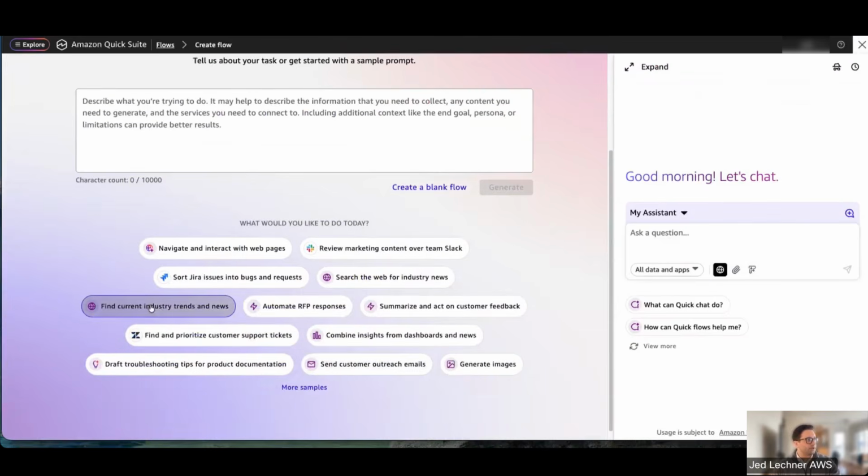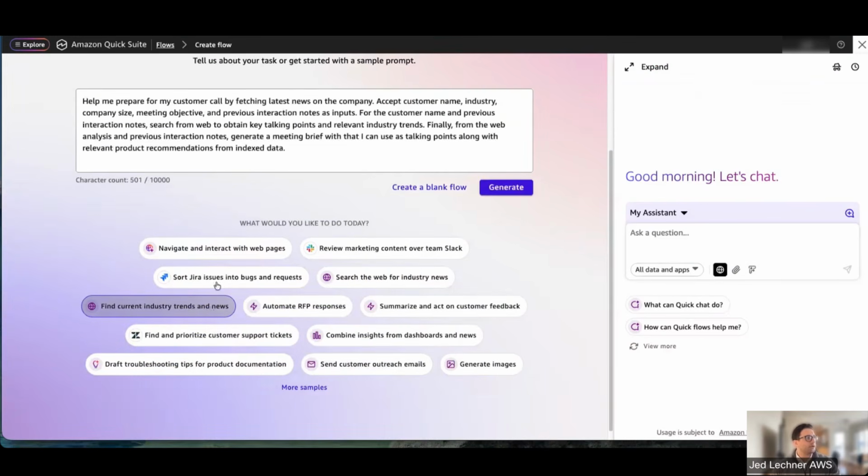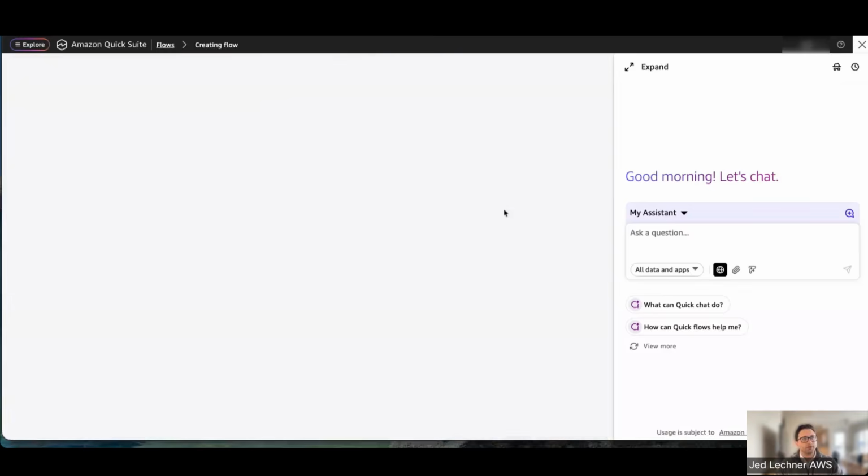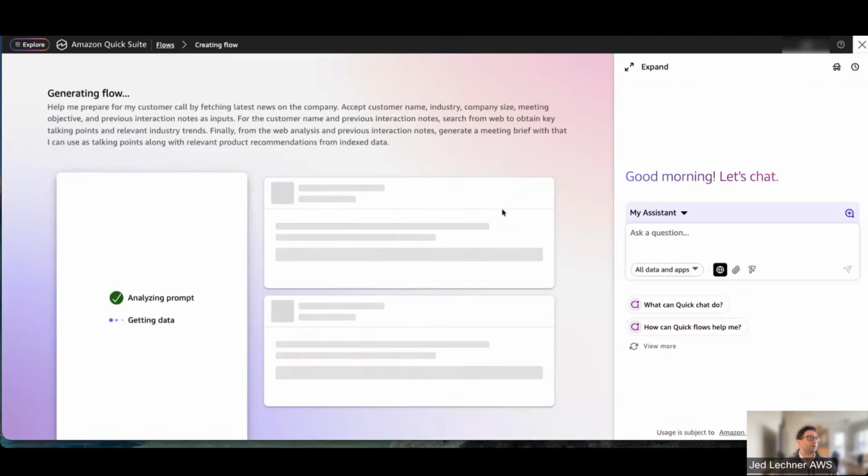So let's just select one of these: find industry trends and news. It'll derive this prompt for you, and it'll actually generate the flow for you. So it'll take your prompt. You have your intent, and you have some things that you want for input. Keyword here is input. So it's accepting the customer name, the industry, and all of these details. And what it'll eventually do is interpret all of that into